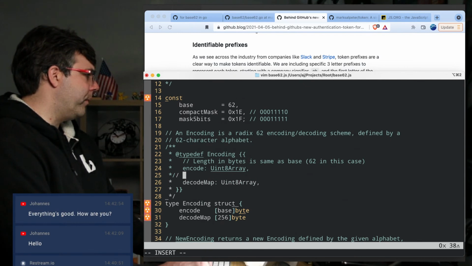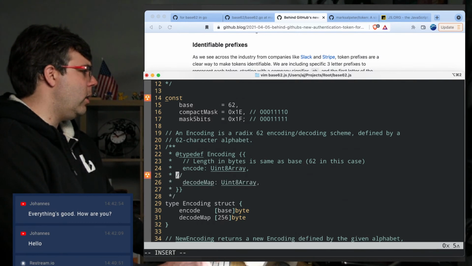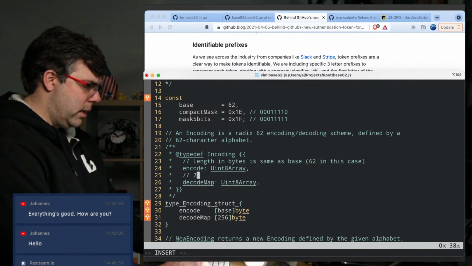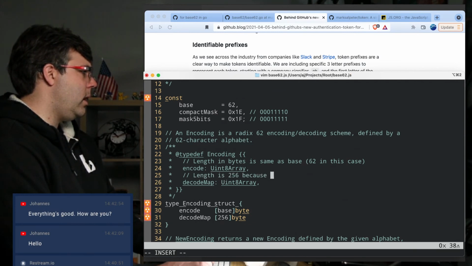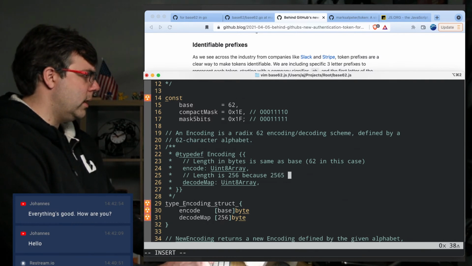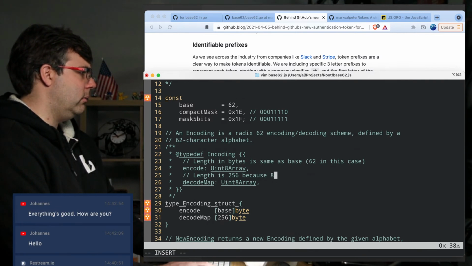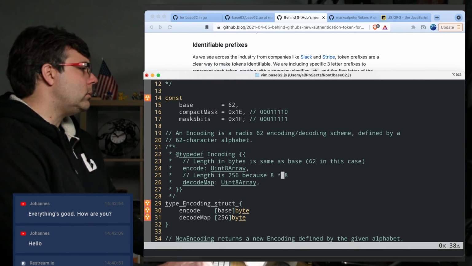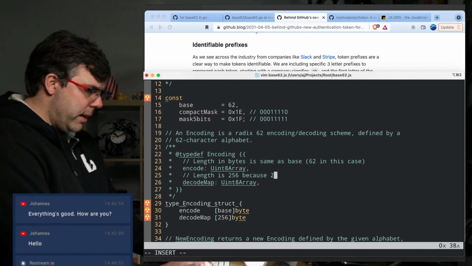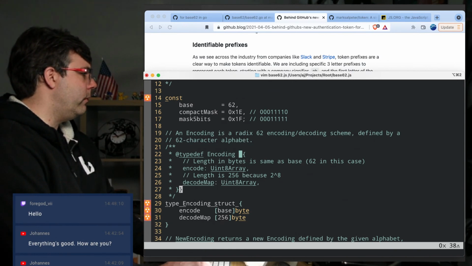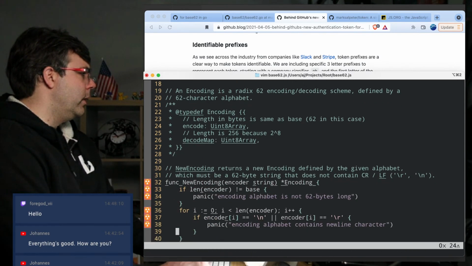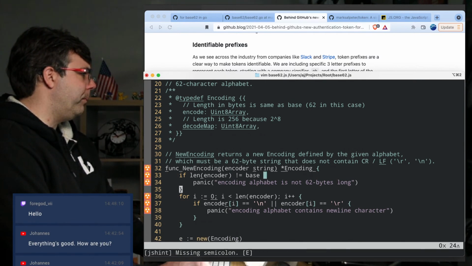And then this is what? Decode map. Oh, okay. Decode map is 256. Length is 256 because, 256, because that's 8 times 8. No, not 8 times 8. It's because 2 to the power of 8. That's why. Okay, cool. I have taken a look at this before, but